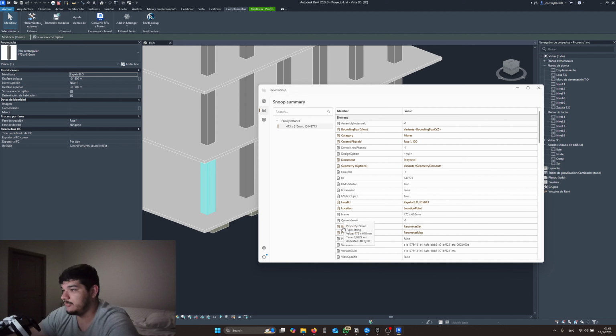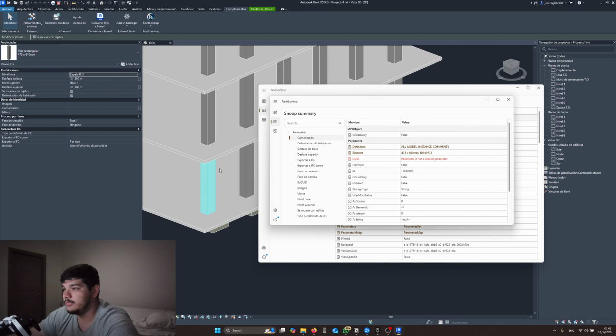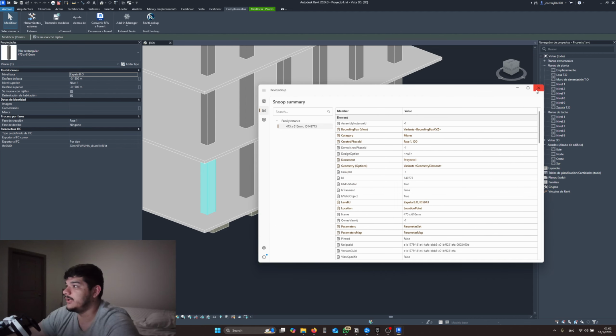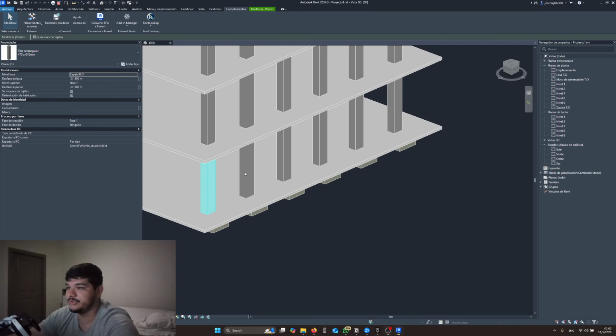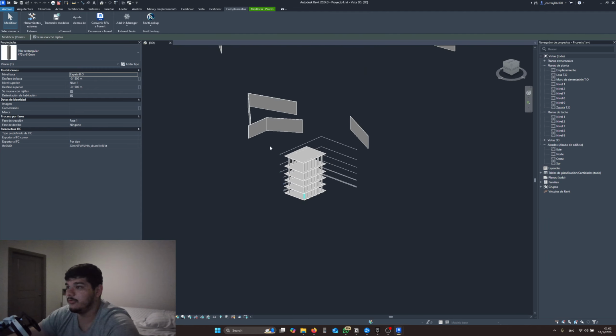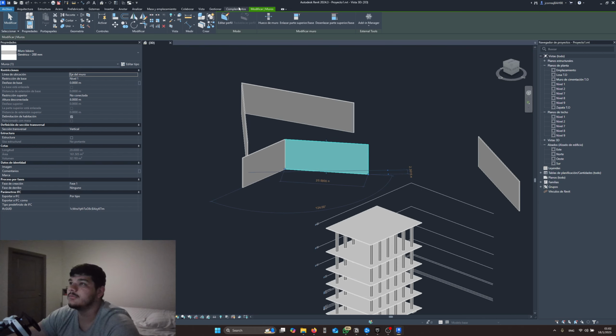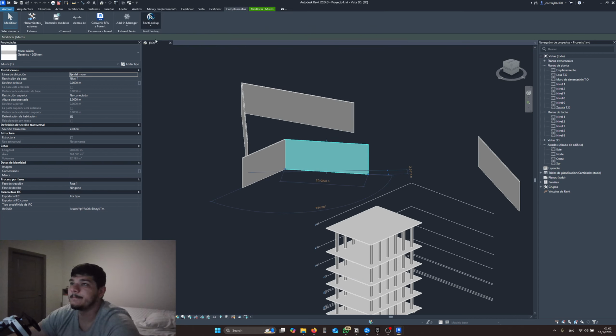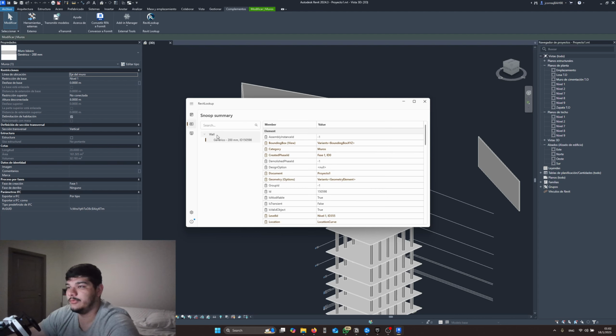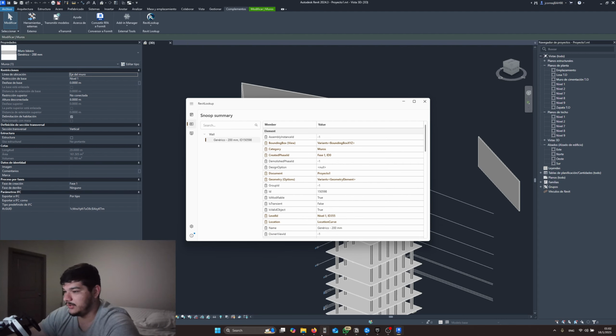level, a name, parameters, like, well, this is in Spanish, but base level, top level, offset. So you can access all this information. Same for other elements like walls. We know it's a wall thanks to the Revit Lookup tool, and we can also access the